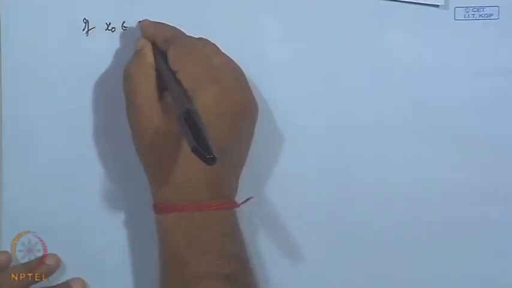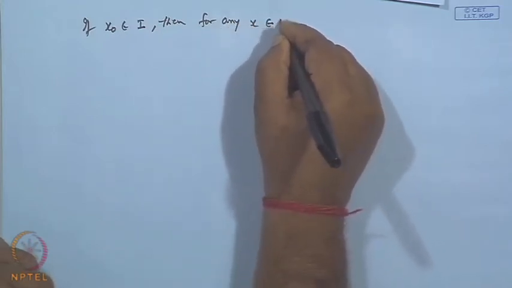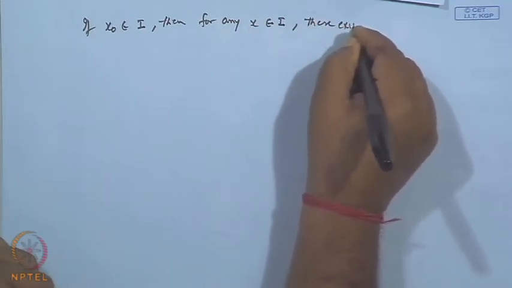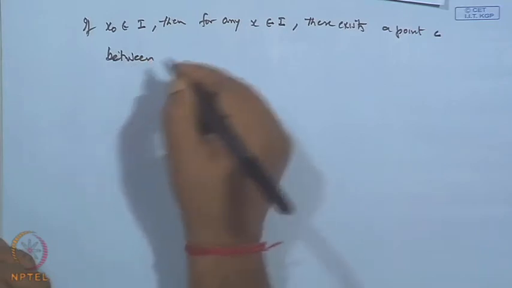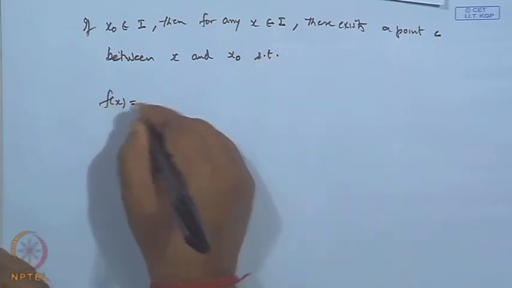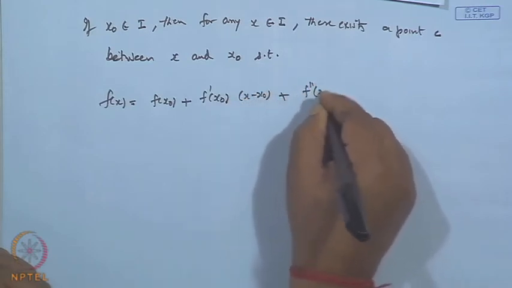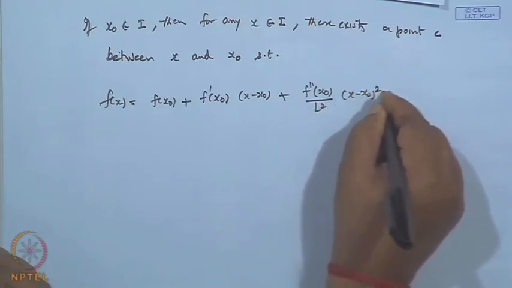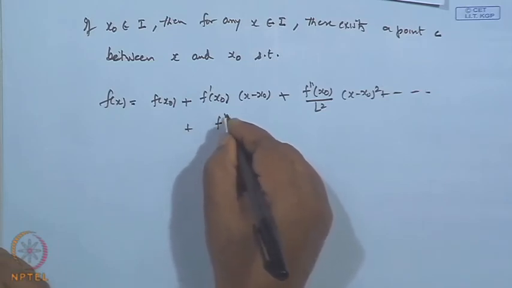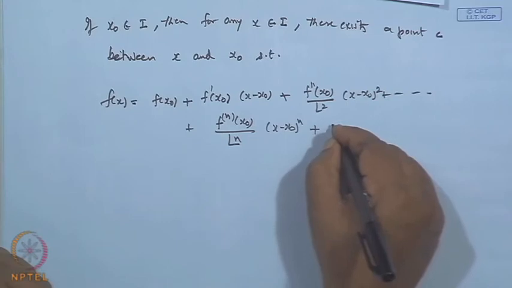Now, if x naught is a point in the interval I, then for any x belonging to I, there exists a point C between x and x naught, such that f x can be expressed as f x naught plus f prime x naught into x minus x naught plus f double prime x naught over factorial 2 into x minus x naught whole square and so on, and then plus f n at the point x naught divided by factorial n into x minus x naught to the power n plus the remainder term R n x,